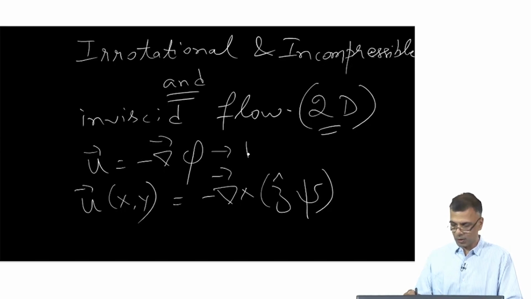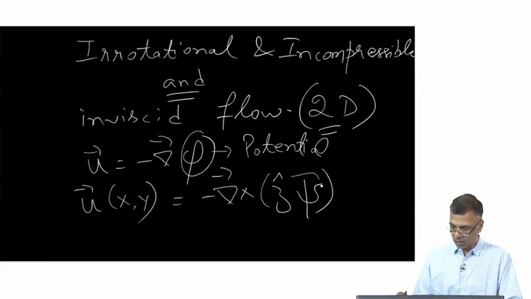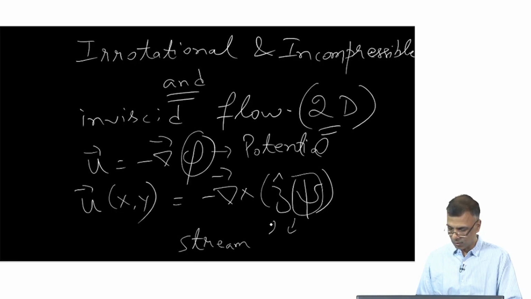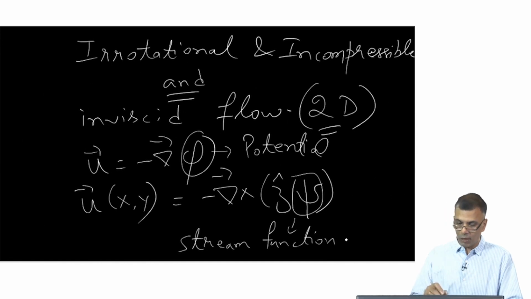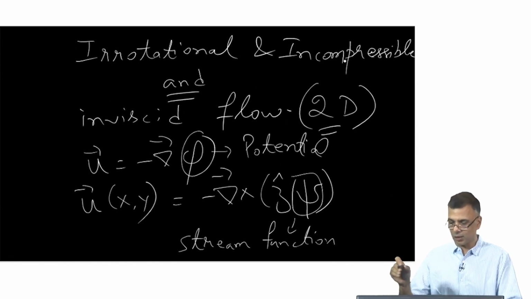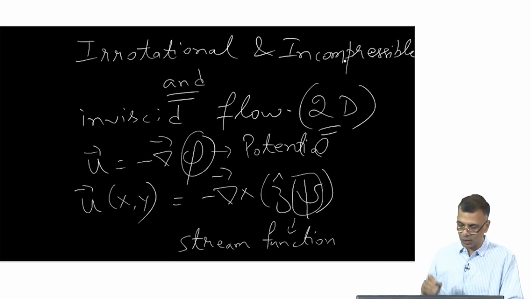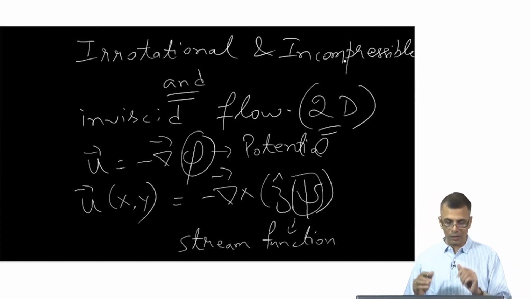So this is the potential, and this thing is called the stream function. If all these conditions, irrotationality, incompressibility, inviscid, and 2D, are satisfied, and they very frequently are,